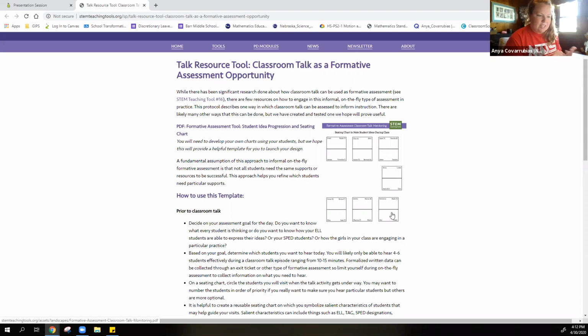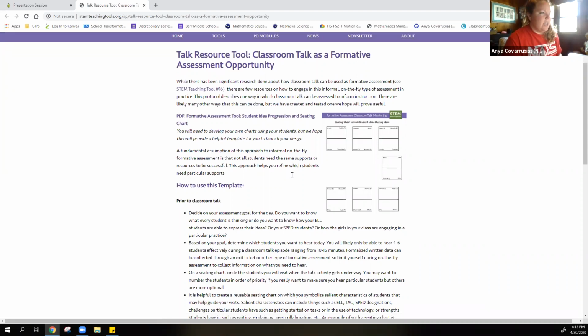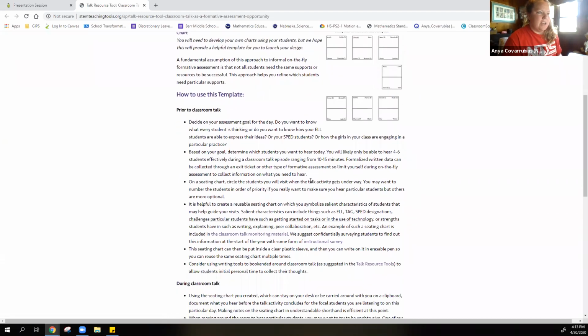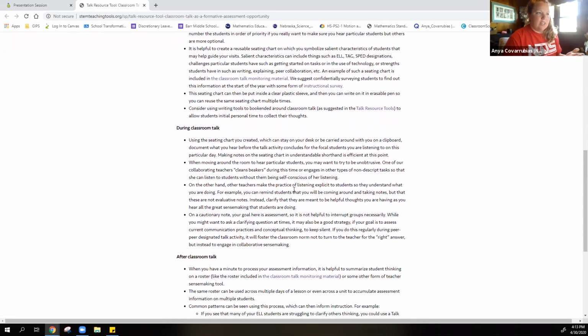observing, getting some of that observational evidence, which we all said we wanted to work on based on the data of our triangle from the time before. And what would we be looking for? How would we plan for that? And so this gave us some really good ideas of how maybe we would think about our SPED students and our EL students, and how we could track this evidence as we're walking around observing, and then what this actually looks like during the classroom, and how, like Scott said,